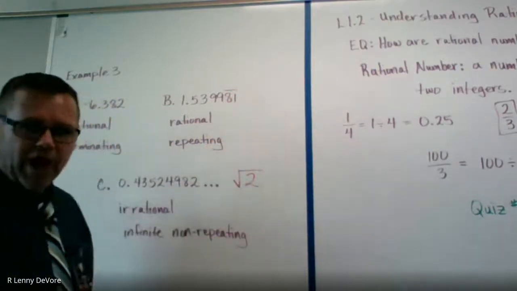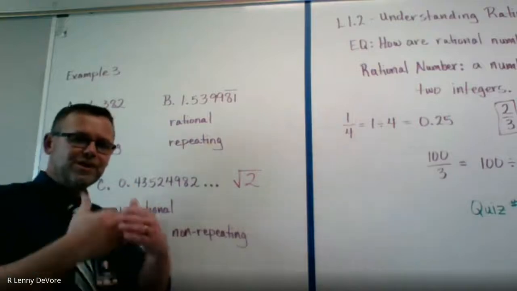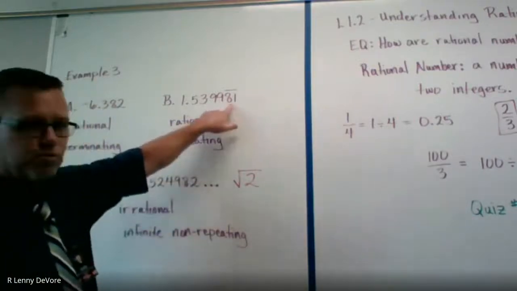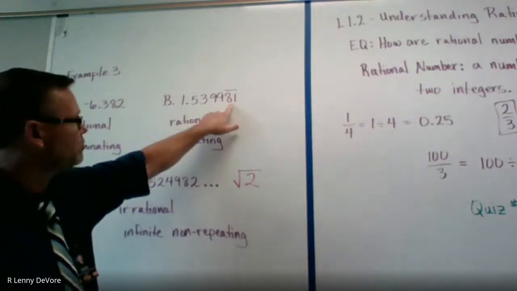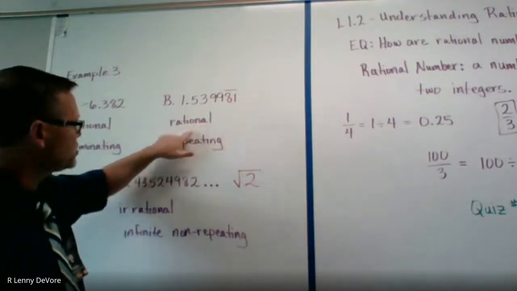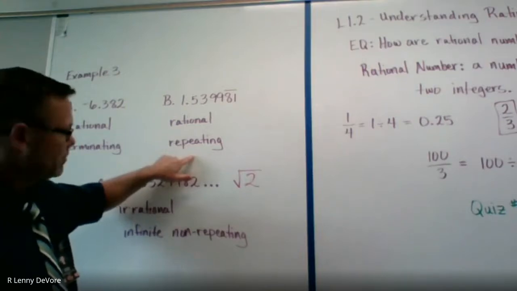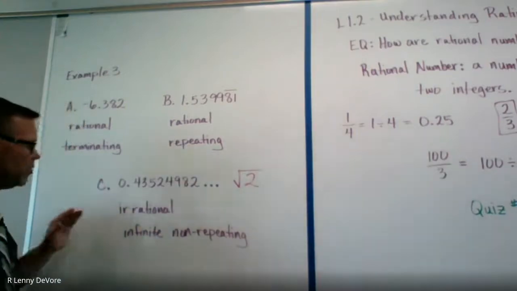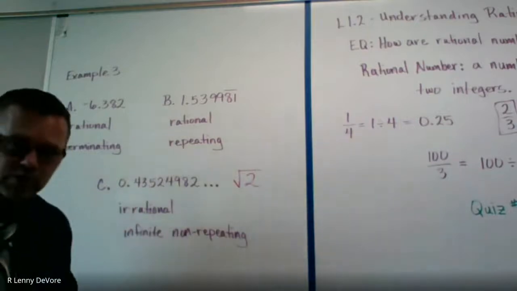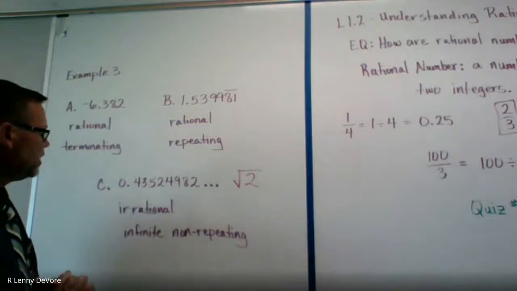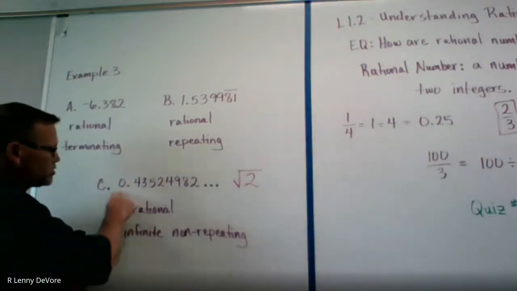This is still rational. We can still put this into a perfect fraction, okay? A repeating decimal can go into a perfect fraction. So this is rational, and it's repeating. Okay, guys? Now, this last one, though, is where we hit irrational numbers. Irrational numbers are kind of rare. So in other words, if I have a number like this one,